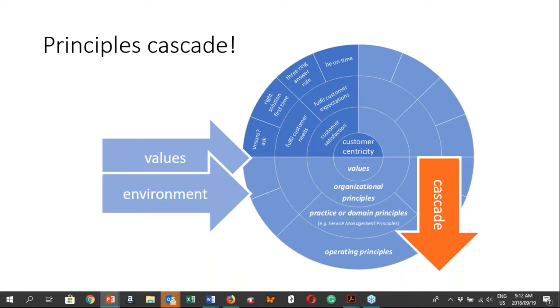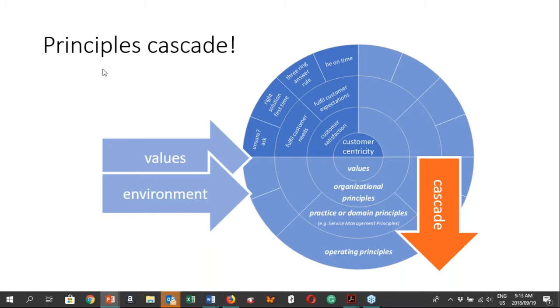So if we take the example on the slide here, the value of customer centricity may translate into a service management principle around customer satisfaction, which at a domain level, for instance providing support for a product or a service, may translate into a principle of fulfilling customer expectations, where an individual that provides support for that product or service needs to be able to answer the telephone quickly, or when they've made an appointment with a customer, they may need to be on time, and a host of others.